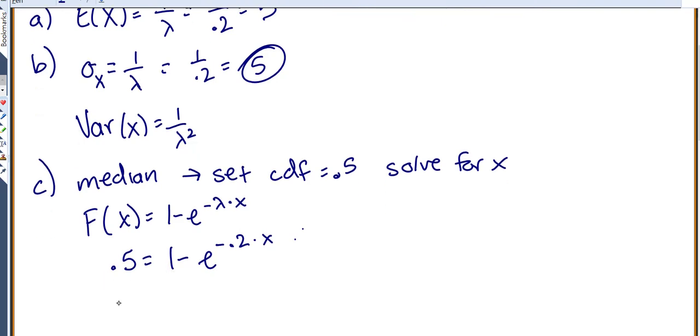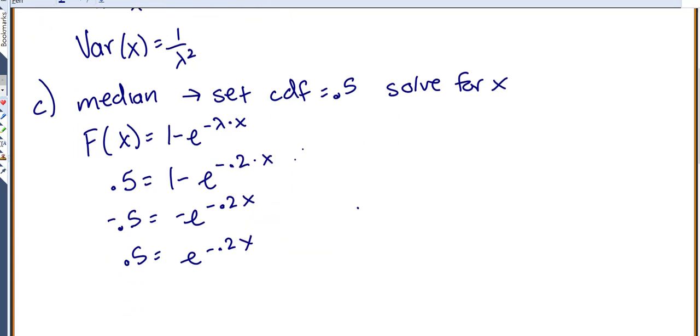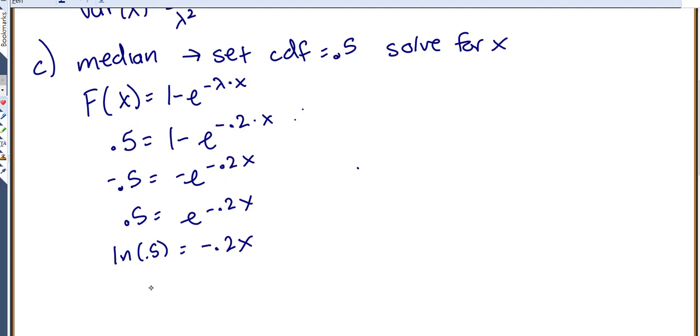So we subtract 1 on both sides, so we get negative 0.5 equals negative e to the negative 0.2x, or 0.5 equals e to the negative 0.2x. And to get rid of the e, we take the natural log of both sides. So the natural log of 0.5 equals negative 0.2x, and divide both sides by negative 0.2, so x is going to be equal to the natural log of 0.5 divided by negative 0.2,